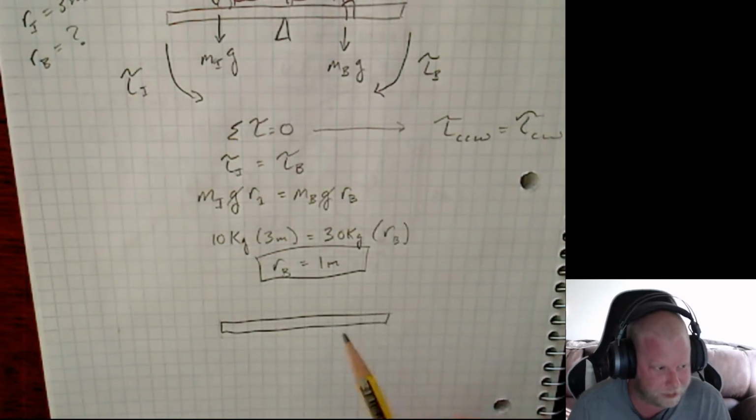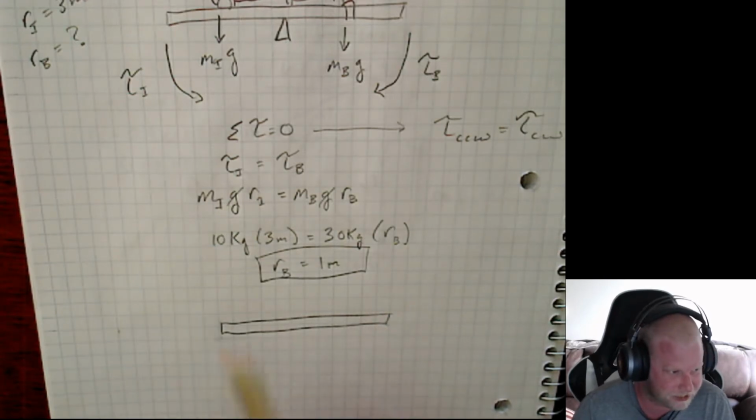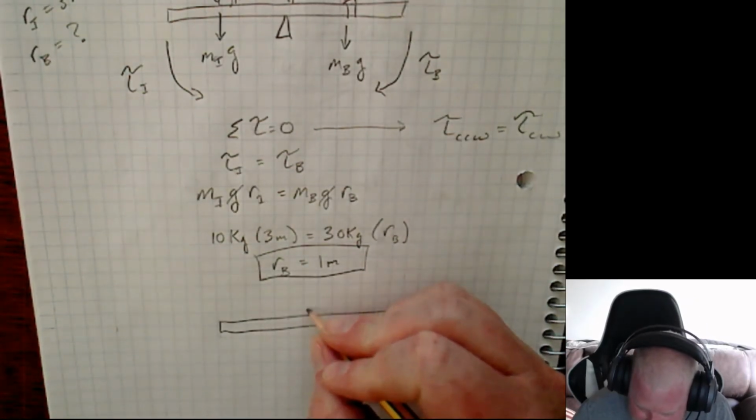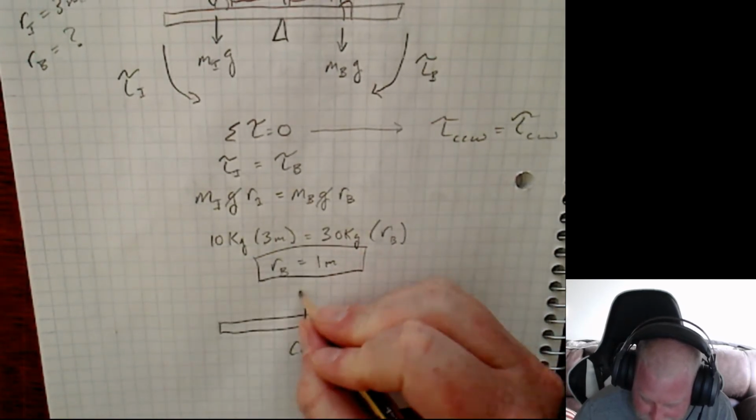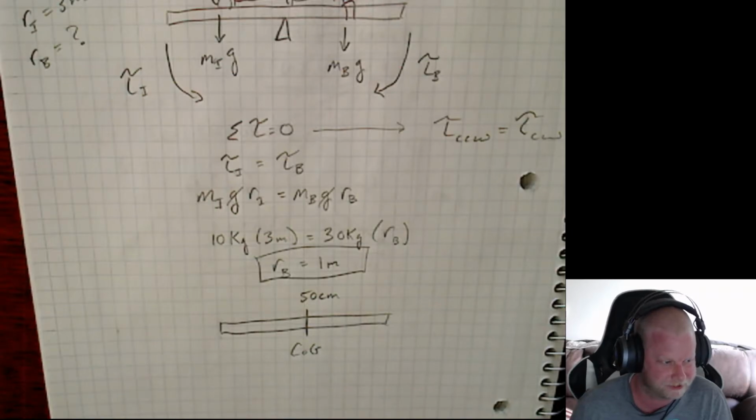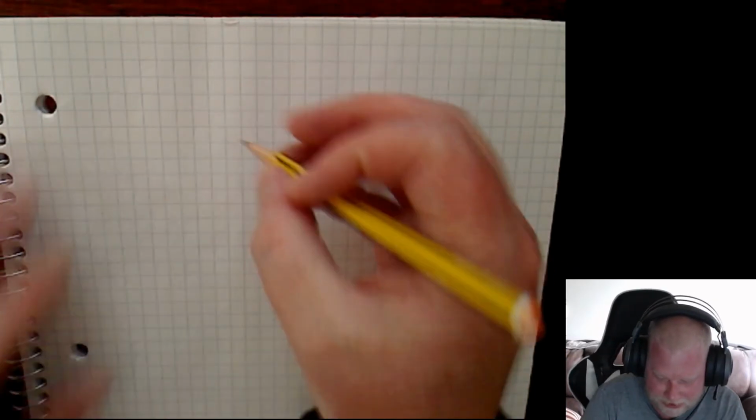If it's uniform, that means that all of its weight is going to be distributed equally throughout. So, if we want to know what the center of gravity of that meter stick is, well, the center of gravity, so we'll say COG, is going to be at the 50 centimeter mark of that meter stick. And so the reason this matters is, let's say we're doing a lab